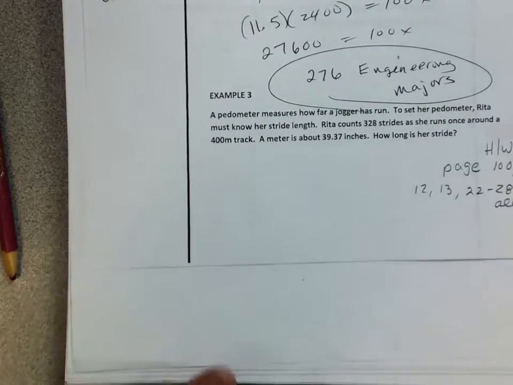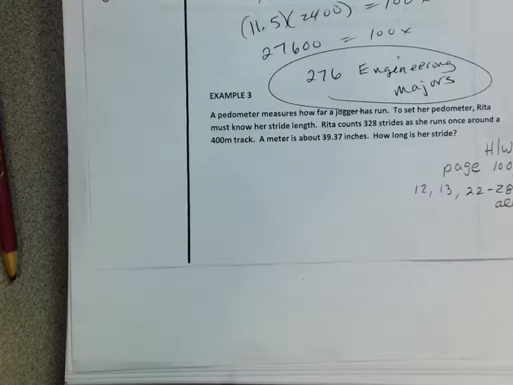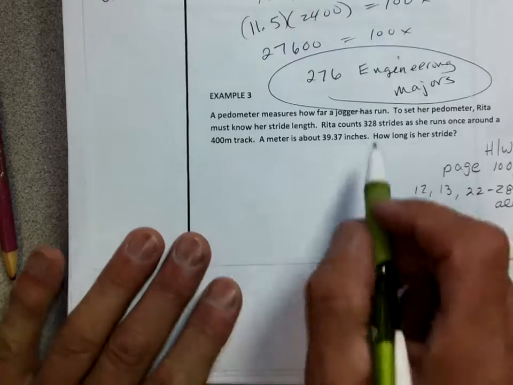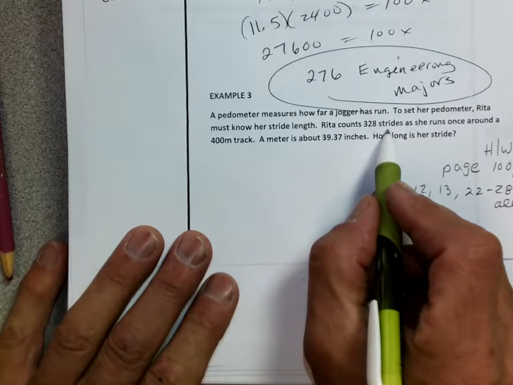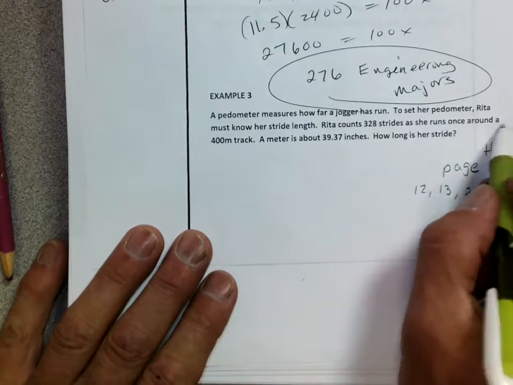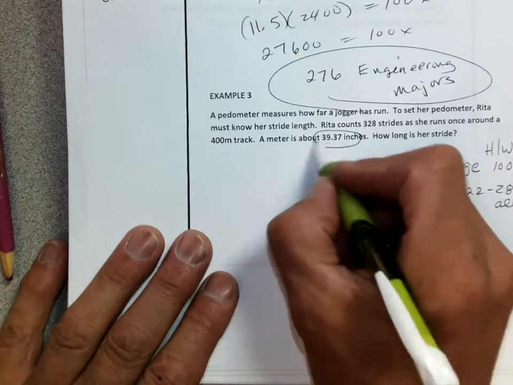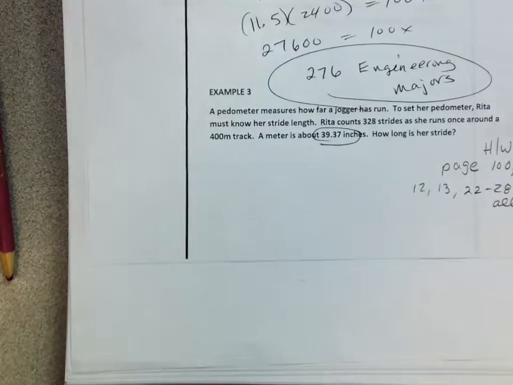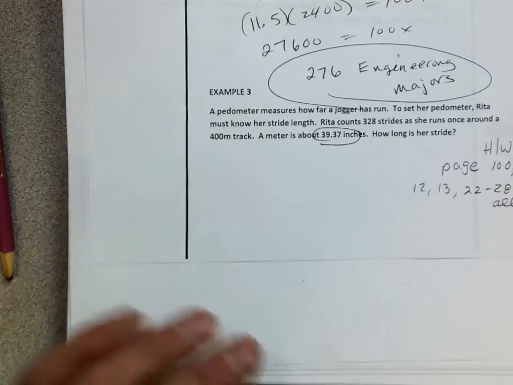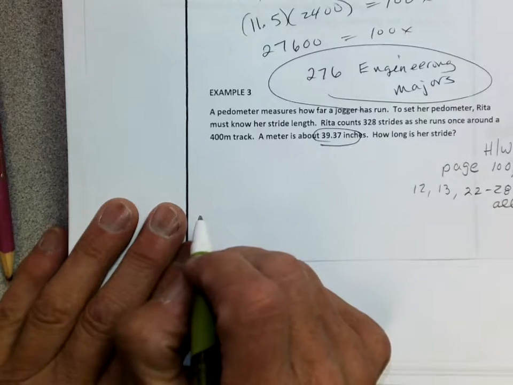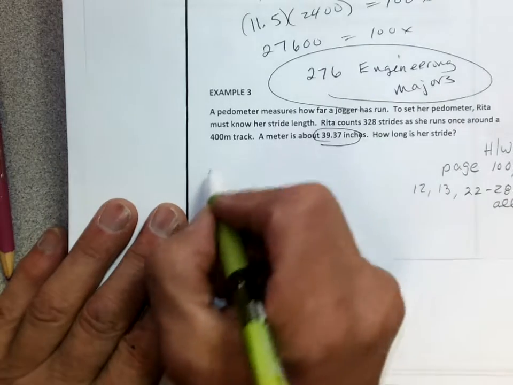Okay, example 3. So a pedometer measures how far a jogger runs. To set a pedometer, she must know her stride length. Okay, so Rita counts 328 strides. And she runs once around a 400-meter track. Okay, so a meter's about 39.37 inches. Okay, how long is her stride? So let's find out how many strides it took for 400 meters. Okay, so she took